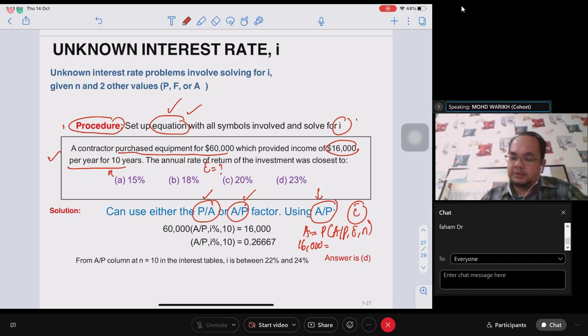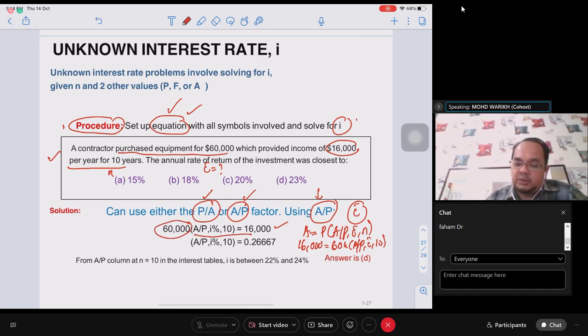E is 60,000, A is, I don't know, and P is 10. Okay, so take this one, and then you just divide it. Right, and this one, you will get this one. After you get this number,